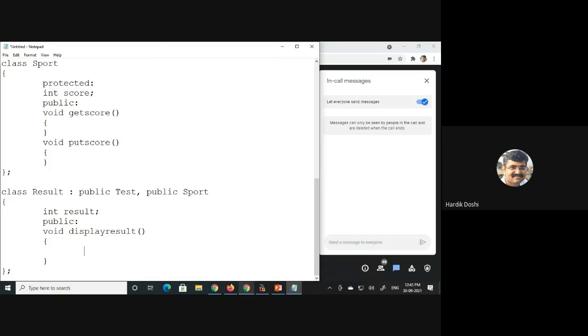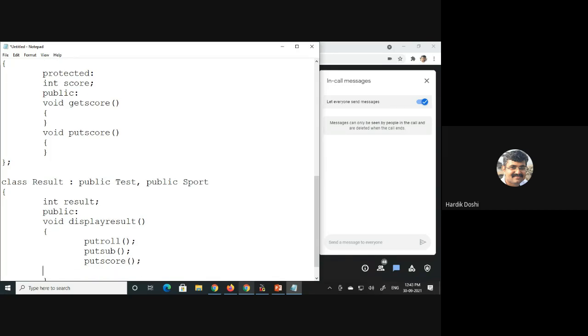put, first of all put roll, display it, then put sub, displaying the marks, then put score. All are accessible, and out result is equal to sub1 plus sub2 plus score.